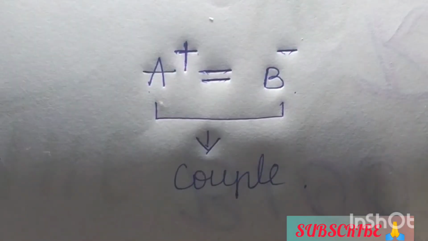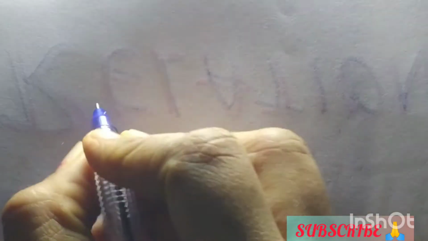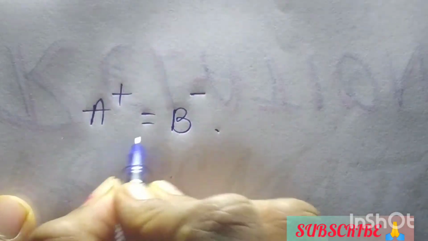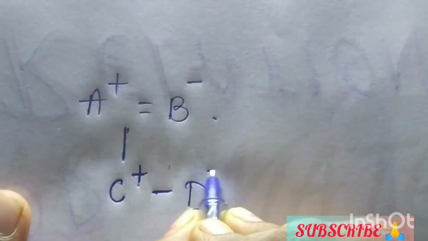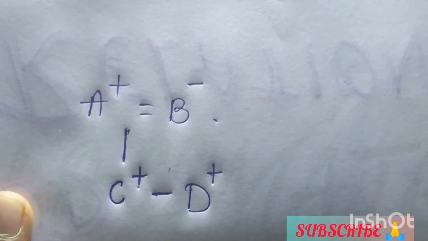Next one is A, suppose A. And then see, this is couple, and then the next generation is represented by this. Both have a son known as C. Son is represented with this, and this C has a sibling D. It can be male or female. I have taken it as male.